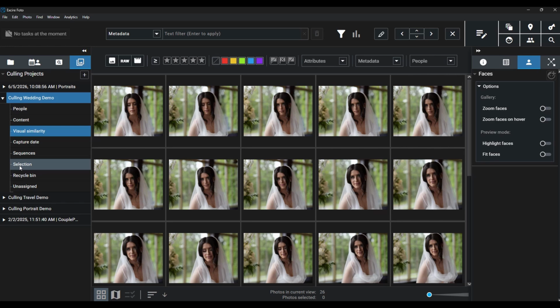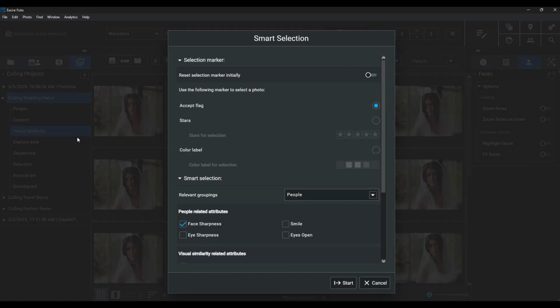And note that this is all non-destructive. Excire is just adding flags or stars or color labels, so if you don't like the picks, you can always go back through Excire's groups manually. But if you do get results that you like with Smart Selection, it'll definitely save you a lot of time. And you actually can run Smart Selection after you've run a culling project, by the way. You just have to right-click on the project name here, and then you can choose Smart Selection. A dialog box will appear,